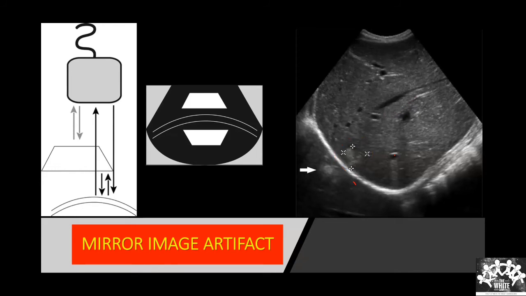Now don't ask why there is no discontinuity here. Not always you get the artifact. When there is an artifact, you need to know it to differentiate between whether it is an artifact or not. But in this, there is one more artifact that is happening. I told you this is a good reflector. Fat is also a good reflector. That's why it is looking bright. Whereas the diaphragm is a really good reflector. It is a specular reflector.